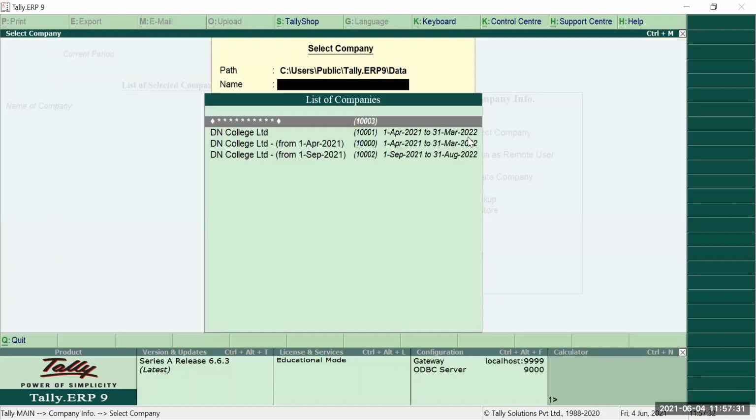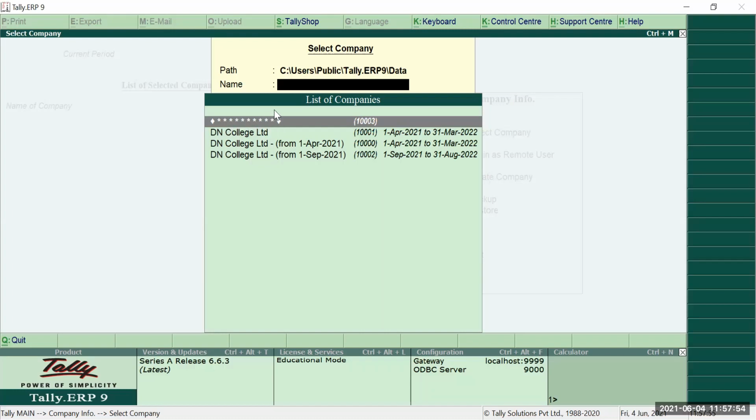Okay, now I can see 4 companies that are already created in this software. Okay, these 3 I created earlier, but now I have created this particular company whose code is 10003. Okay, now this company's name is not shown.